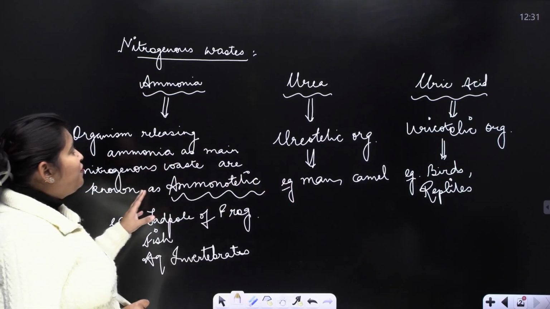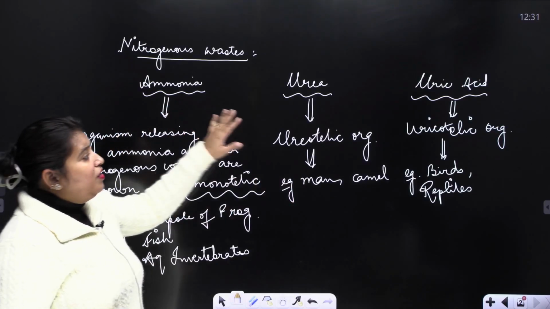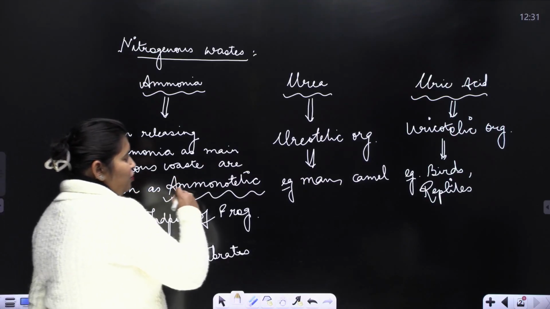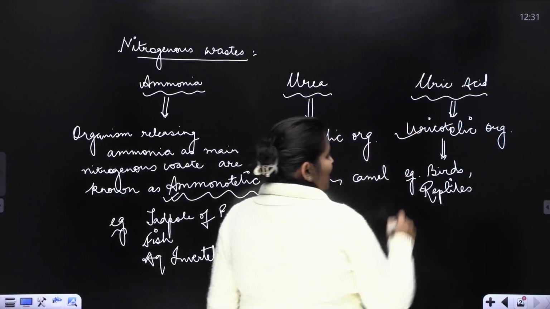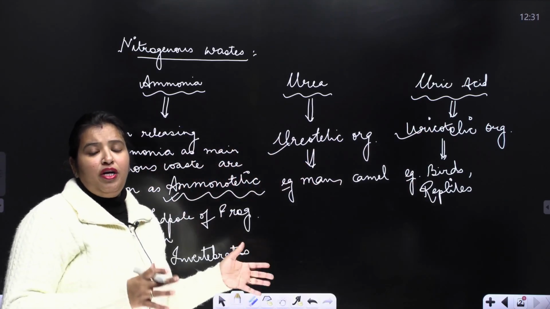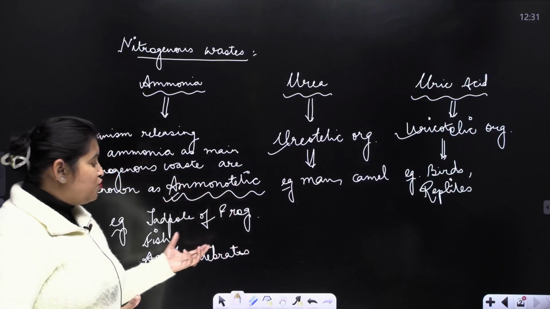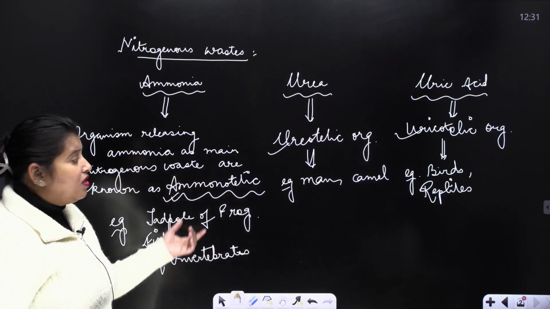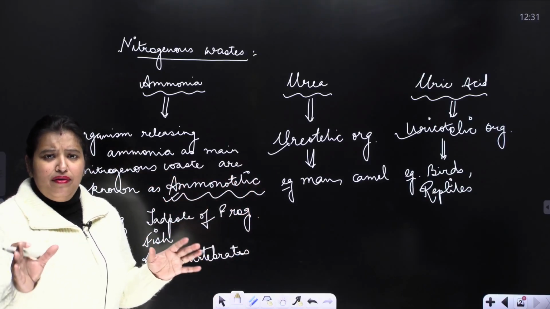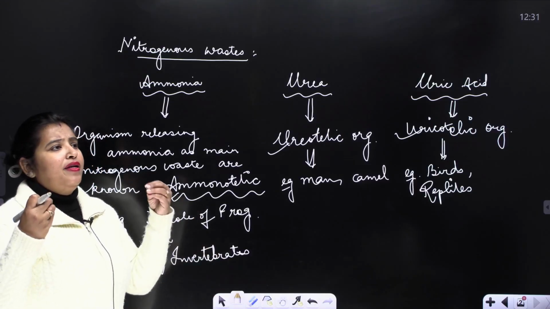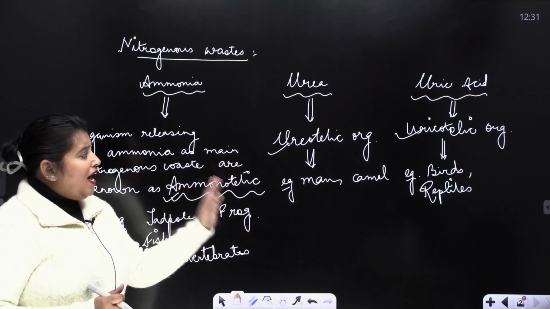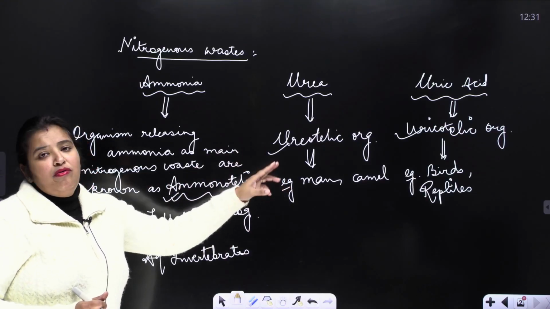So these are three different types of nitrogenous waste: ammonia, urea, and uric acid. The organisms are ammonotelic, ureotelic, and uricotelic. All right. And then the examples. Since removal of ammonia requires a lot of water, usually the examples will be aquatic organisms. Removal of urea does not require lots of water. It needs some water. Then it can be stored for some time. That is, it is less toxic as compared to ammonia. And so these organisms include man and camel.